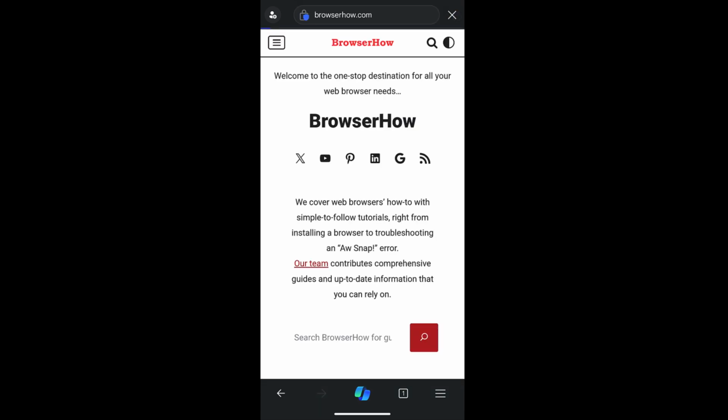If I want to refresh a web page, I can just open that page and tap on this reload icon here, which will just refresh the web page without deleting any cache or cookies. But if I want to hard refresh the page, what I need to do is tap